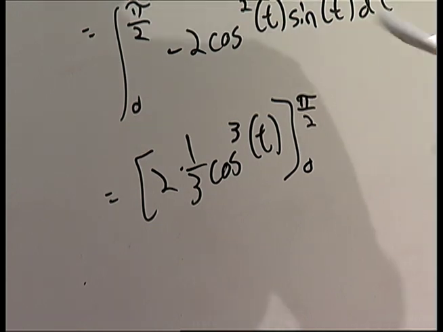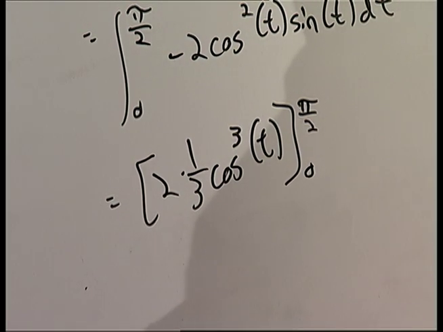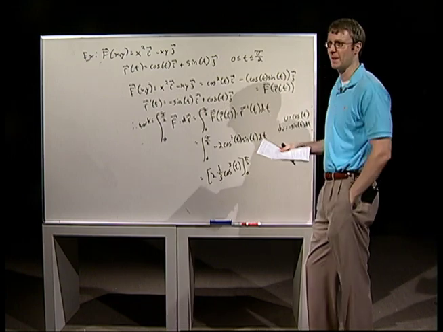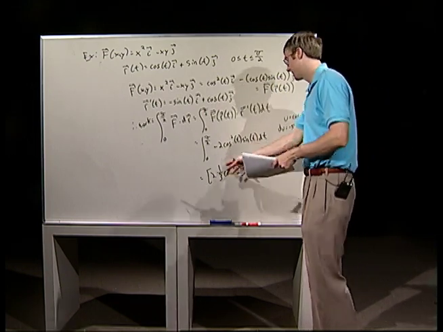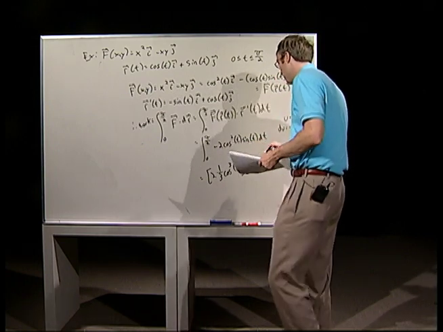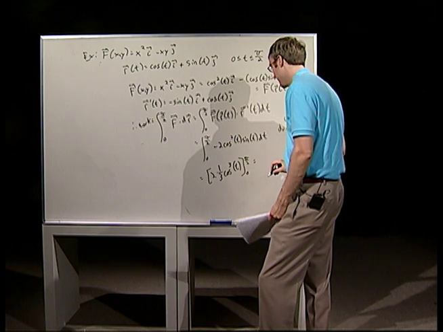You have to switch it around, because if you plugged in 0 to pi over 2 for the u's, you go from 1 to 0. You have to reverse the order of that. So that's not a bad thing, but still it's good to practice that and check and make sure you know what you're doing. So plug this in, and you do wind up